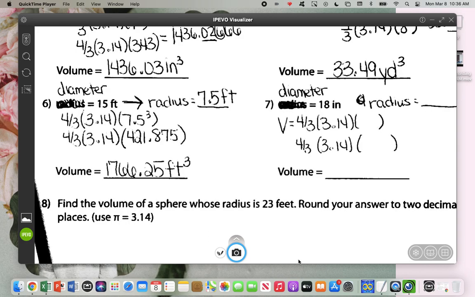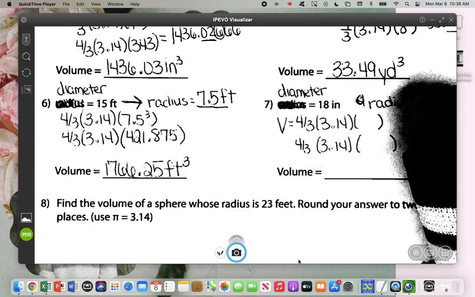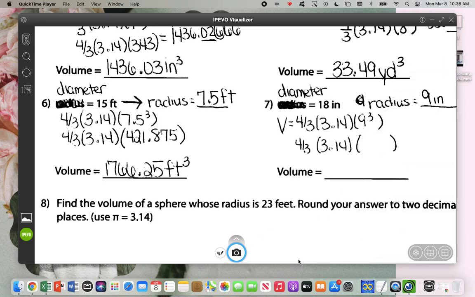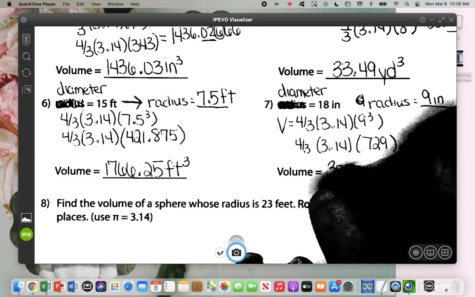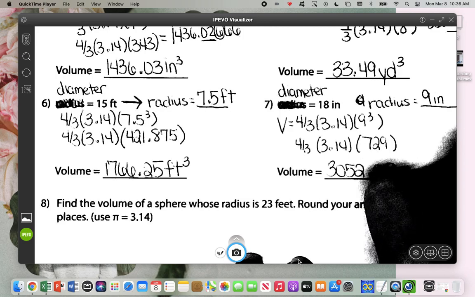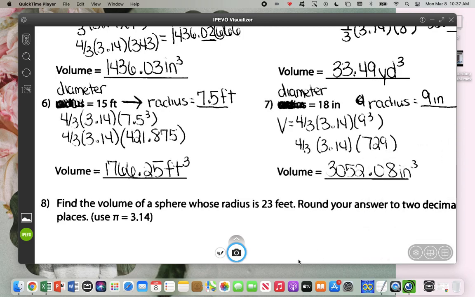What are you guys using for your formula for your radius? All right, I agree with that. Did you guys use 729 when you plugged it in? What do you guys think? Yeah. All right, can you guys do a few of these on your own? All right, so this is on paper. If you guys don't finish it today,